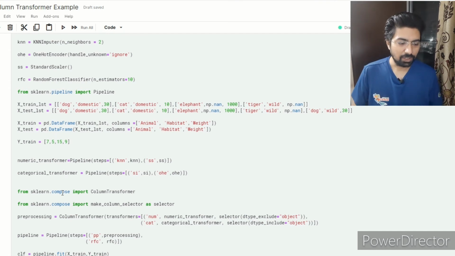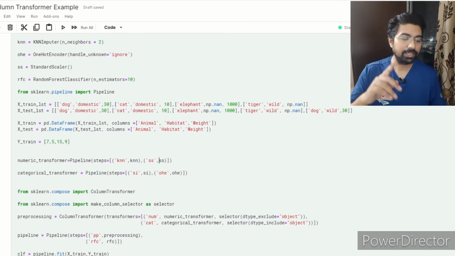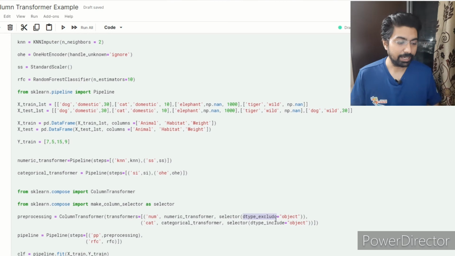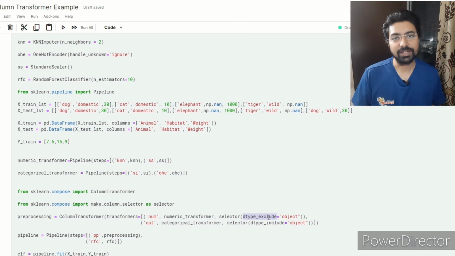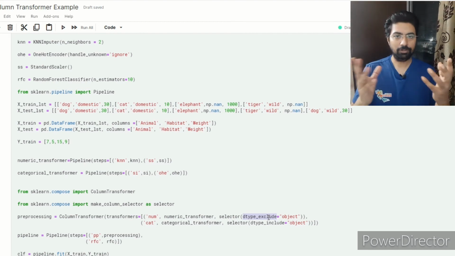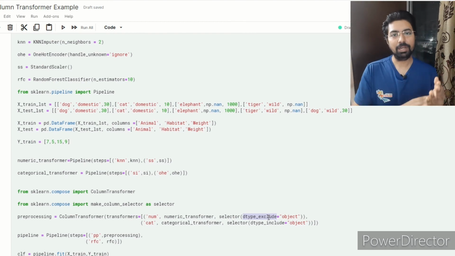Then I just use the selector where for the numeric data I have written data type exclude object, otherwise I can write data type include int64, but I don't know what will be my numeric data type, right? It can be an integer, it can be anything else as well.